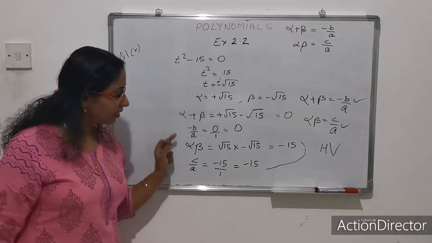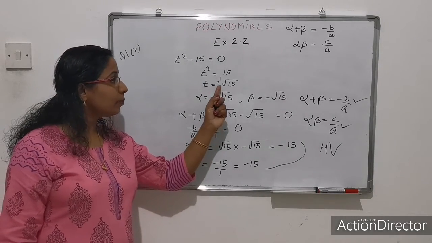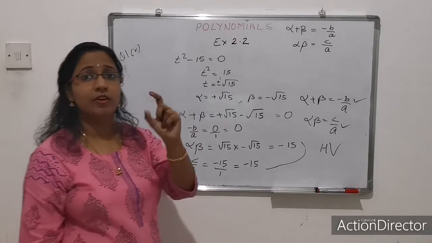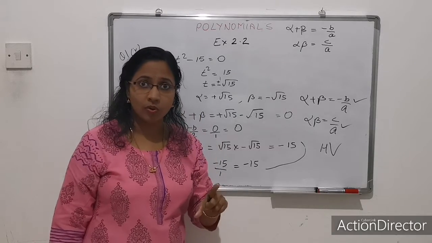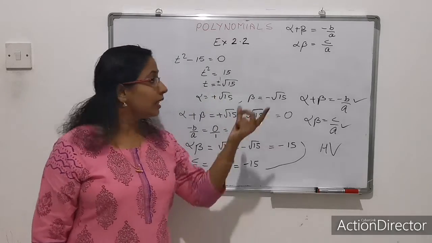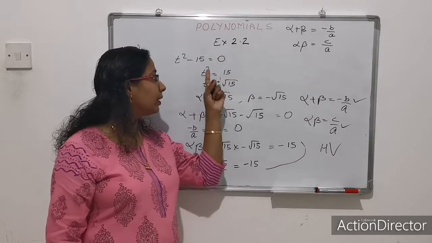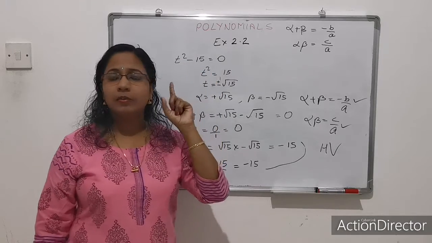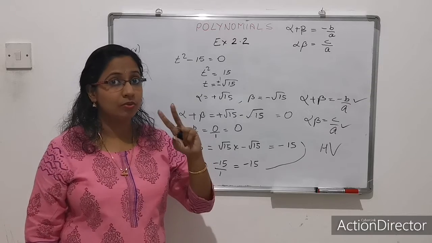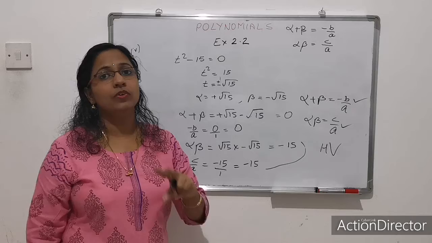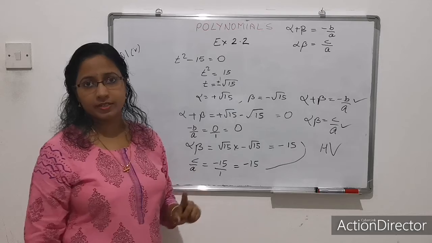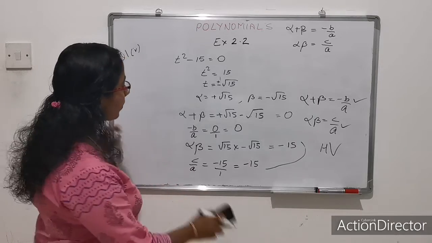Right? You got the procedure how to find. Just keep this in mind. t square is equal to 15. It does not mean that you have only one root, that is plus root 15. No. Okay, you have to write this plus and minus. There should be two roots for a quadratic equation. This is a quadratic equation. The power of the variable is 2. It means 2 zeros should be there, or 2 values. Answers should be there. So for 2 answers, this is plus and minus. Clear? Okay.